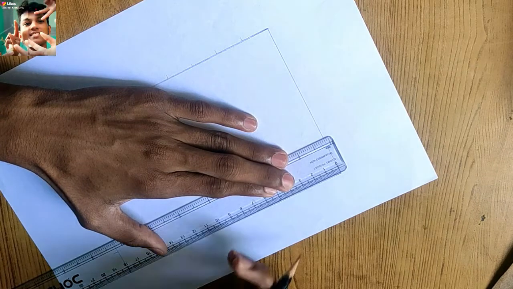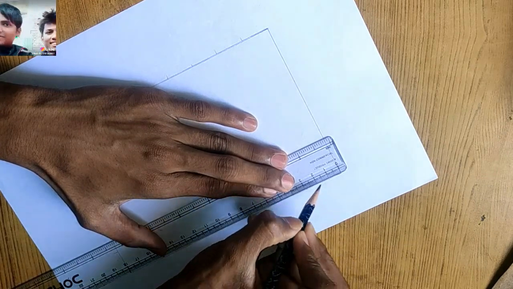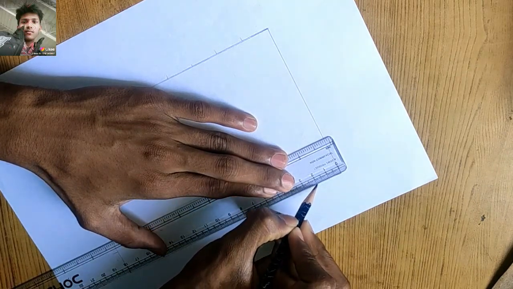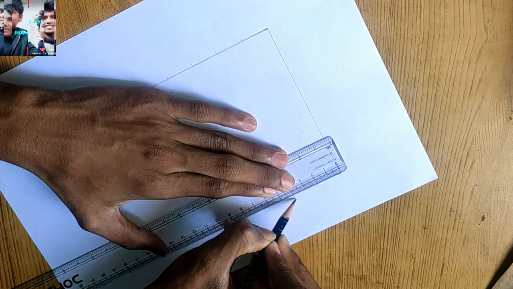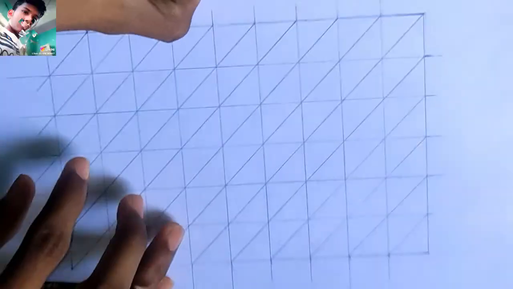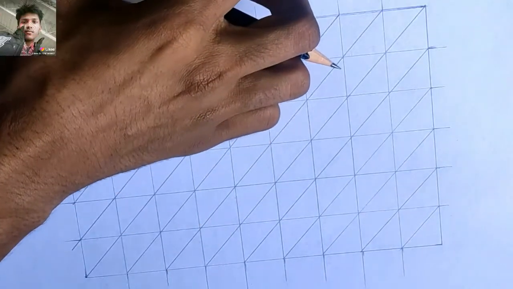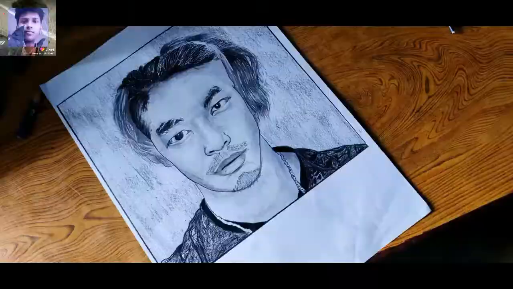you the easiest and the simplest method of sketching. Yes guys, you can draw any of your portraits and artworks using this method. This method is called the diagonal grid method. I am not talking about the grid method, guys, it is the diagonal grid method. So let's see what it is, and let's see how we can draw using the diagonal grid method. So watch the video till the end and hope you like it.